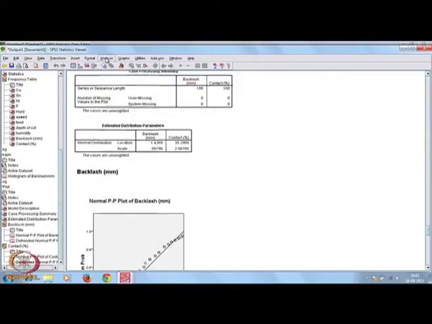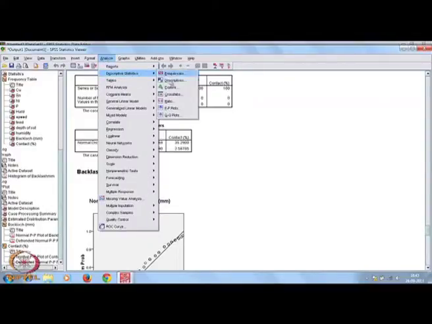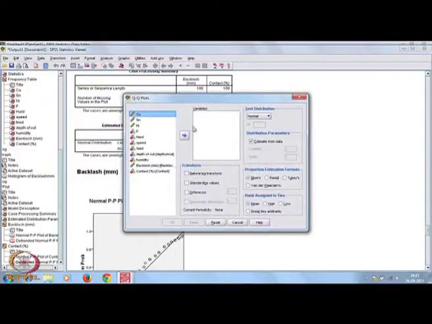In addition, suppose we go for the Q-Q plot. Let us take the same two variables, again normal. I want to give the confidence interval, proportion estimation formula, transformation, and standard absolute difference. The proportion estimation formula is not available here. Let it be 2k. What is the difference I want to see?